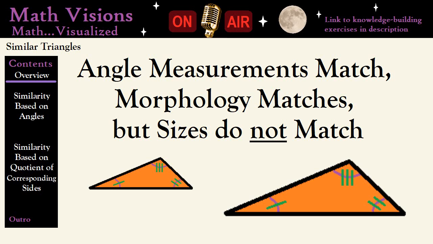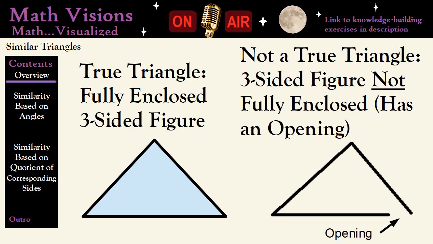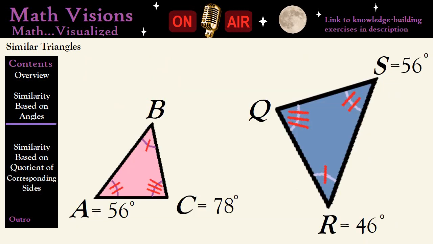Similar triangles have matching angle measurements and the same shape, but they may be different sizes. Therefore, they're not congruent. The following rules only apply to fully enclosed, three-sided shapes. To determine similarity, you need to know at least two angle measurements, or the length of all three sides, from